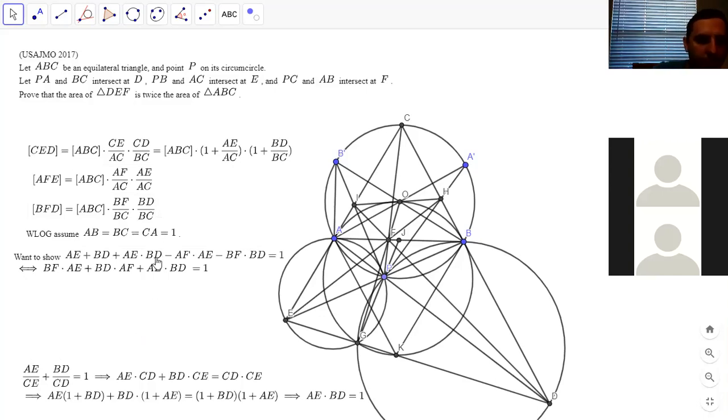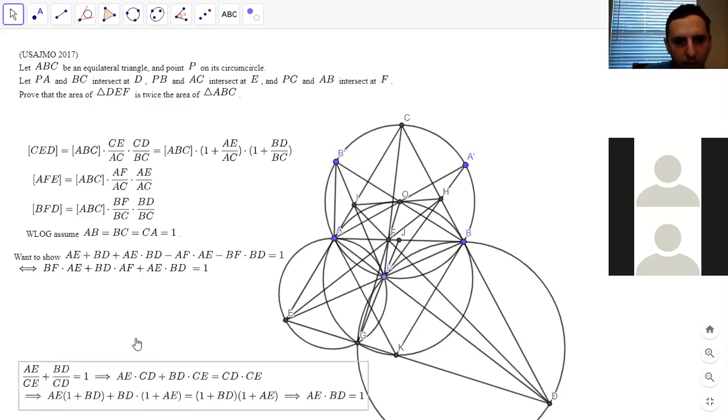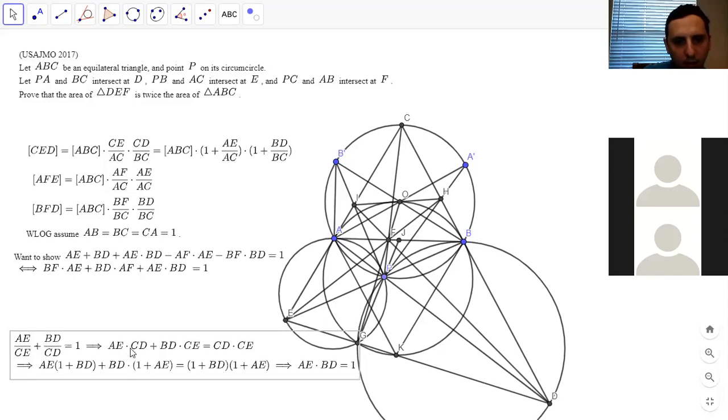Wait, how did I go from here to here? I said 1 minus AF is BF. And then, yeah, something is weird here. Oh, wait, so,